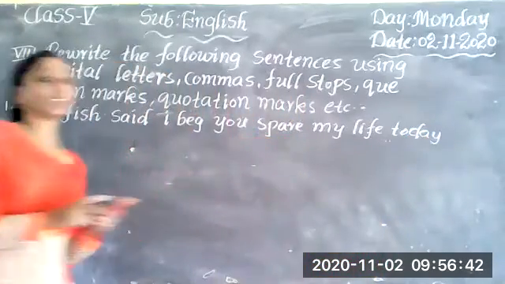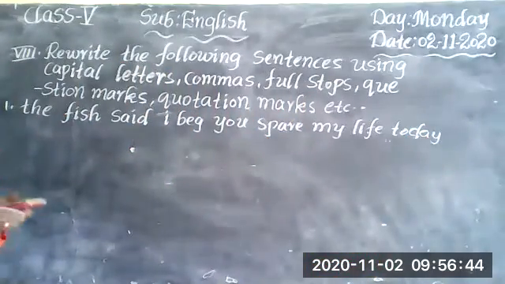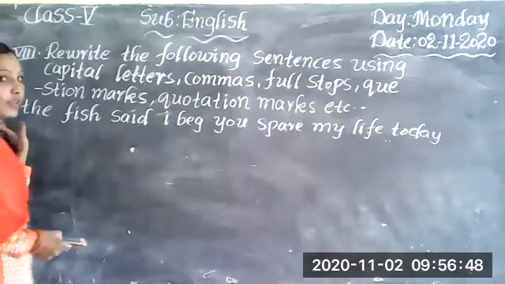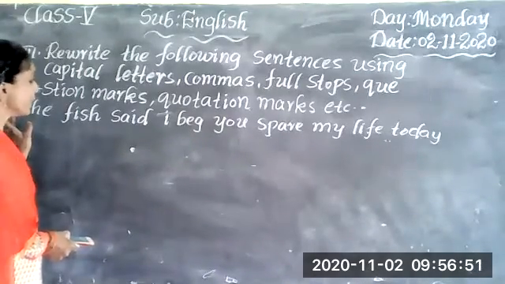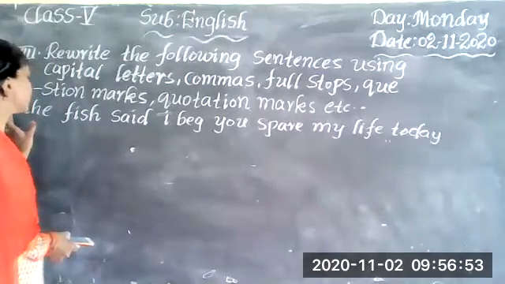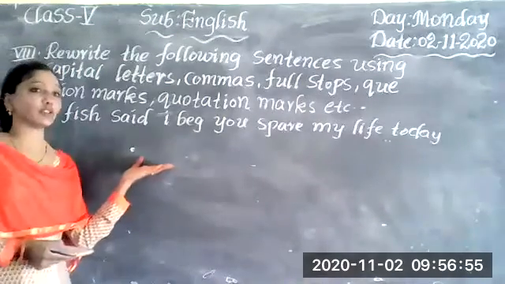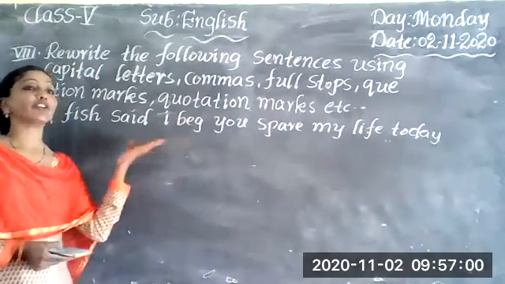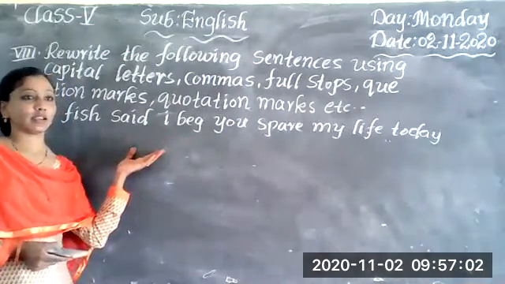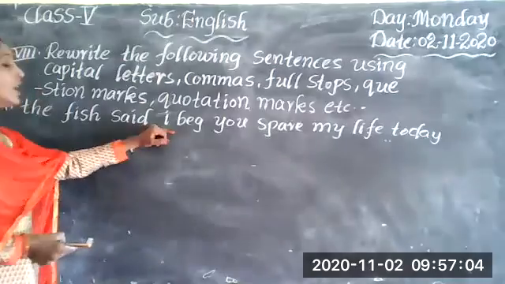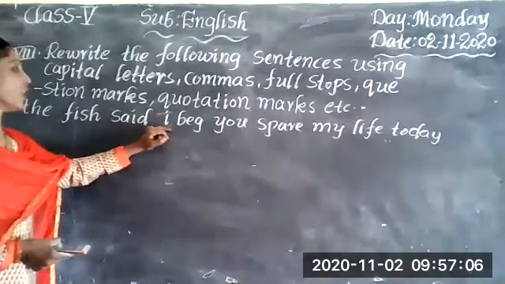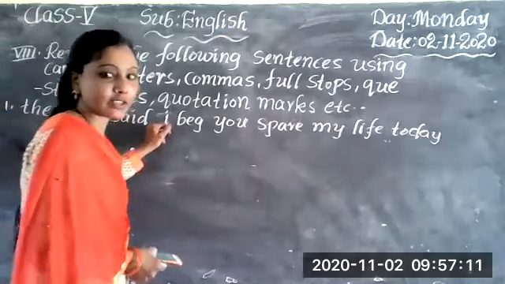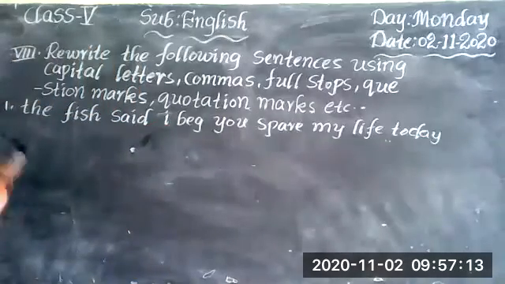So we have to correct this sentence. We all know that whenever we are starting a sentence, the first letter should be capital. Okay. So if the sentence is spoken by a person, then we have to put the exact words of the speaker between quotation marks. Okay. Right? And whenever the pronoun I comes, we have to write capital I. These are the mistakes given in the sentence. So now, shall we correct that?